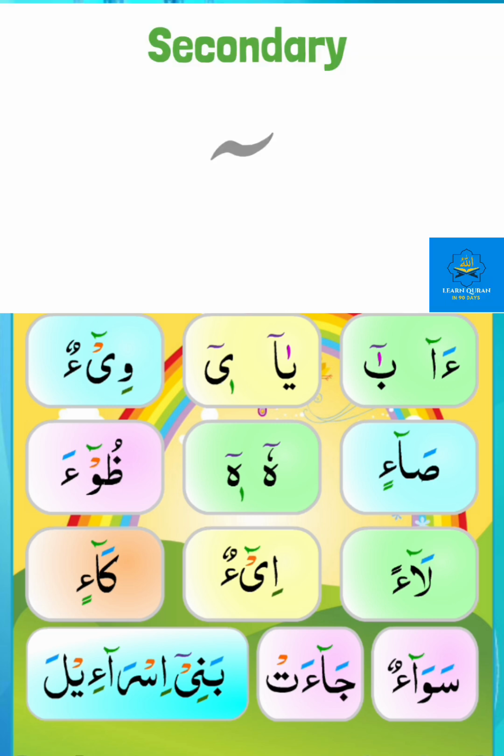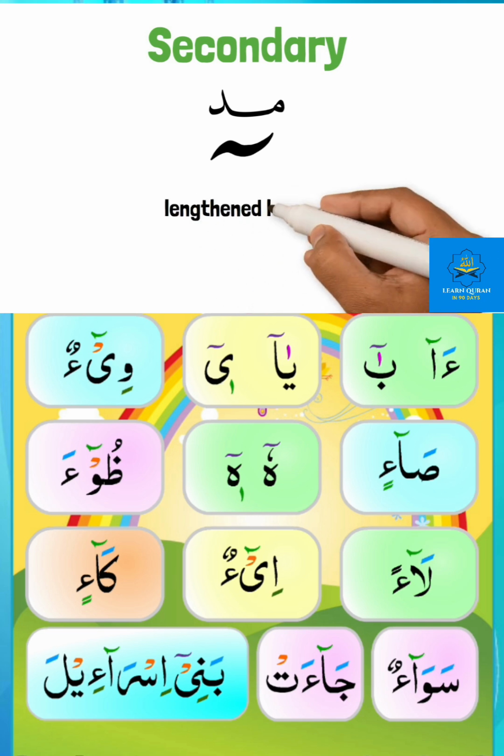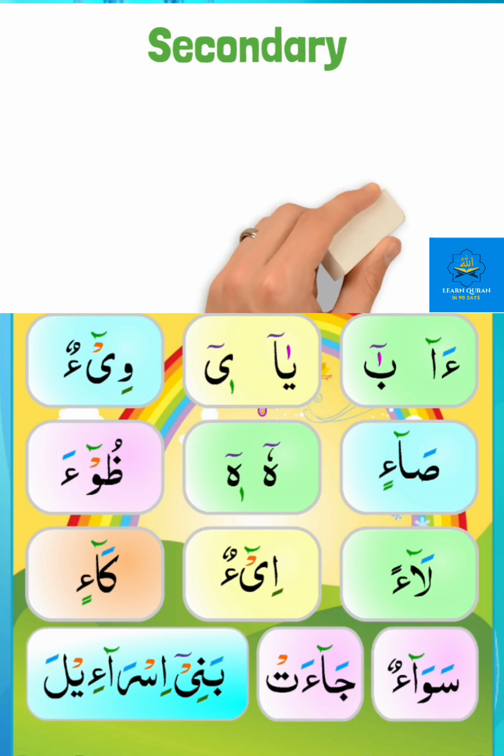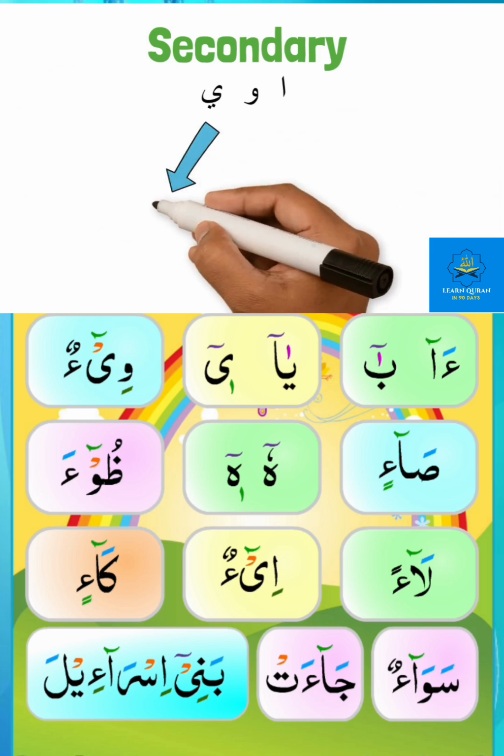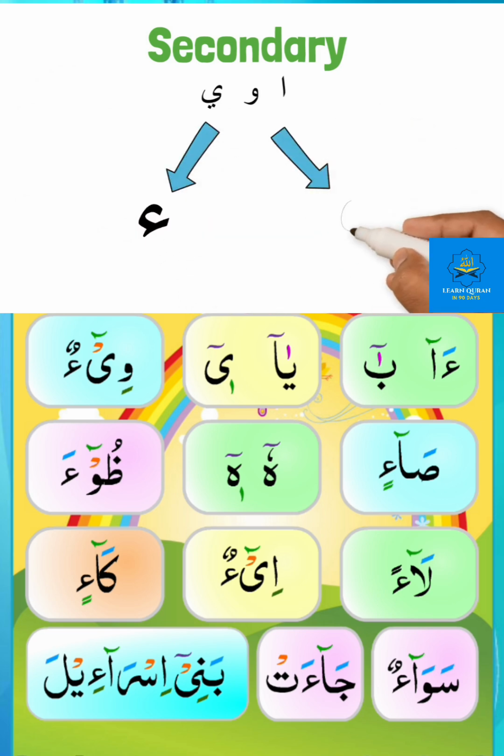Most of the time you will see the symbol of mad above it, which looks like a wavy line. The symbol is actually derived from the word mad, and gradually took this form. The wavy line is only a sign used to indicate a mad that is lengthened longer than the natural mad. The secondary mad occurs when you see a long vowel, and after it you see the letter Hamza, or you